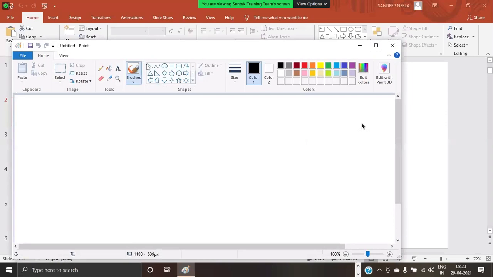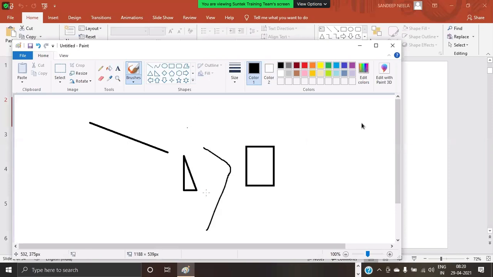So here, take a few things. Like this. When I do undo, which element will be deleted first? It's whatever came last. Next one, triangle.